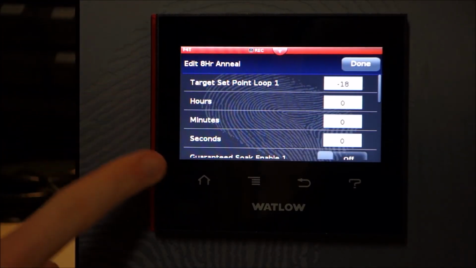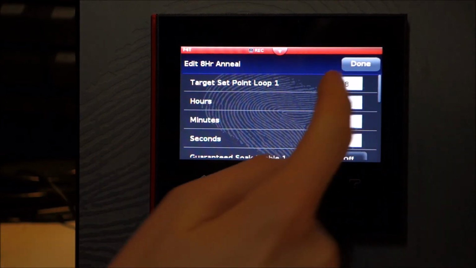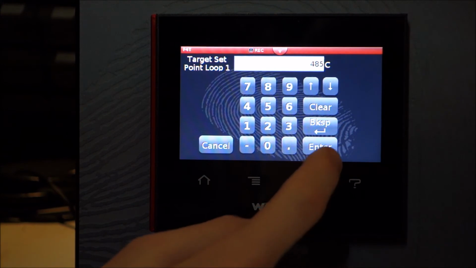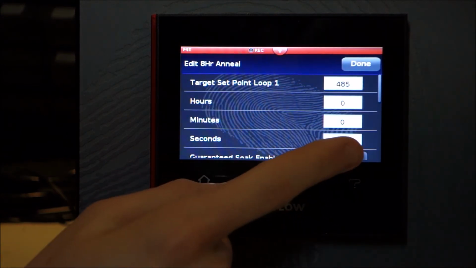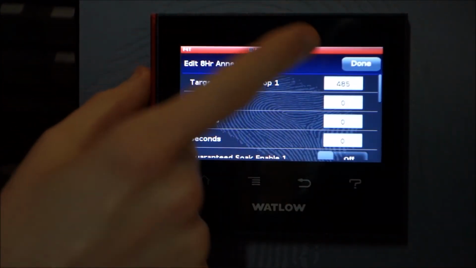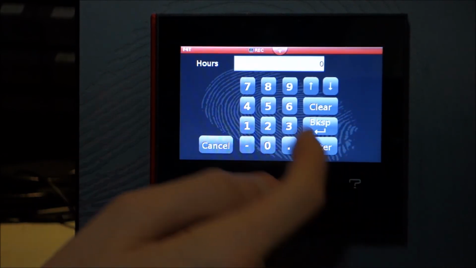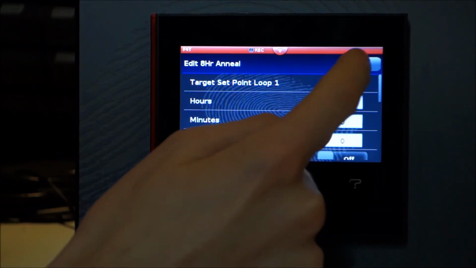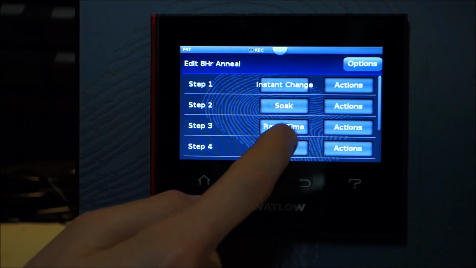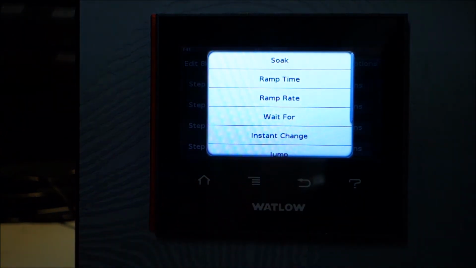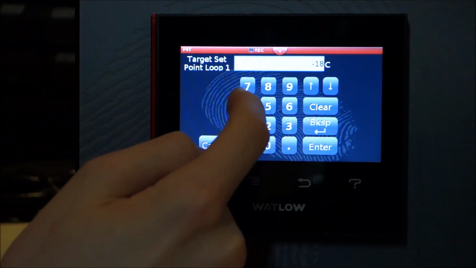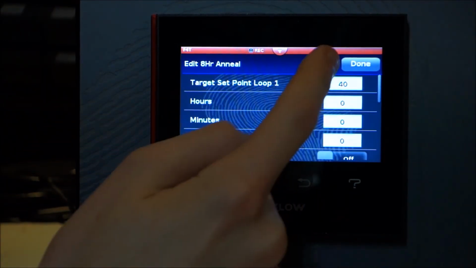Set point. Doing 485, and that was 3 hours, correct? Ramp to 40 and